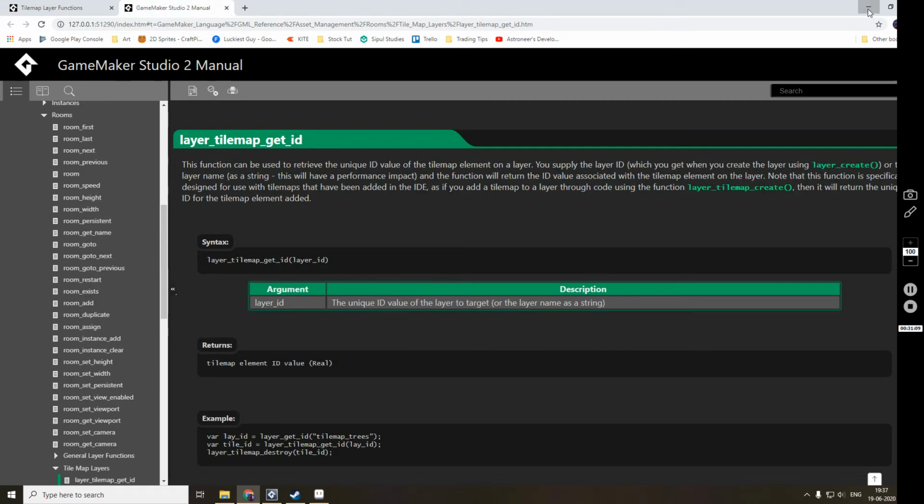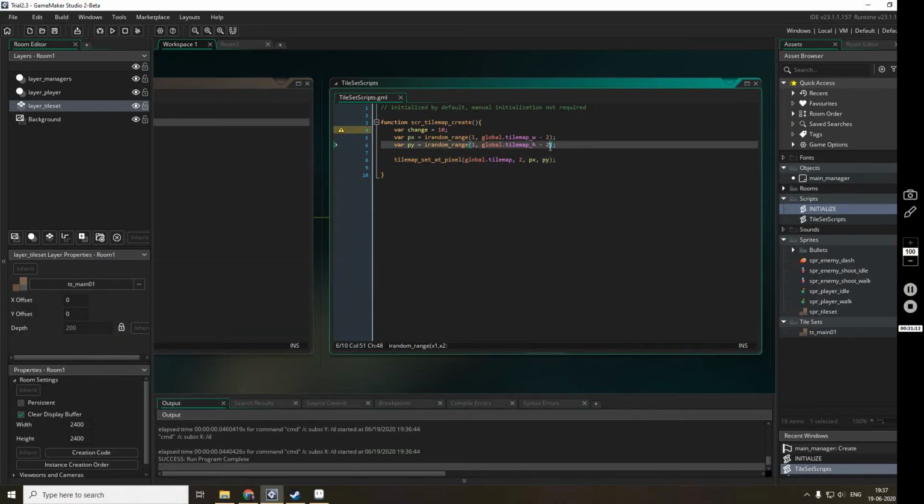Yes, yes. See, the problem that was happening is this is the pixel that I'm giving. So this px and py, it is a pixel.